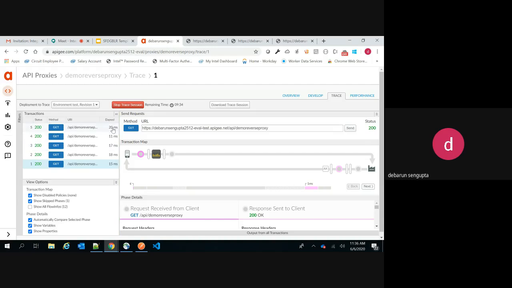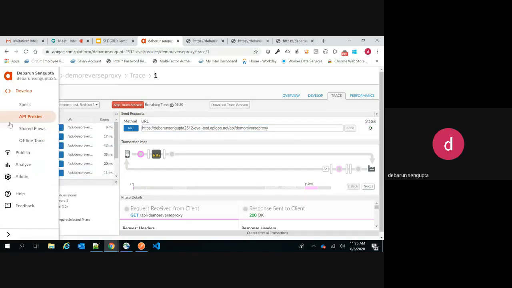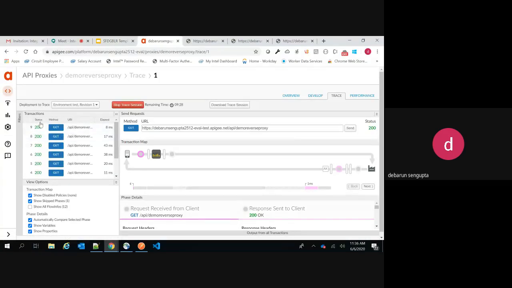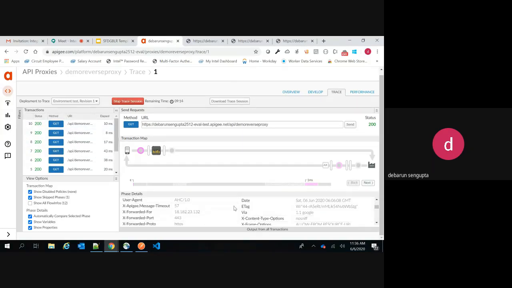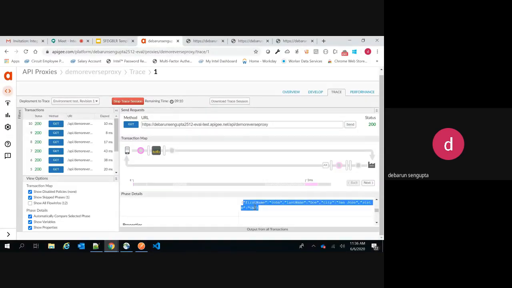So you can see that it is calling the endpoint and the status is coming as 200, which is nothing but success. You are able to properly connect to the endpoint, and this gives you an ability to see what response came. You will be able to see the proxy name, the proxy qualified name, everything, all the details, from here.